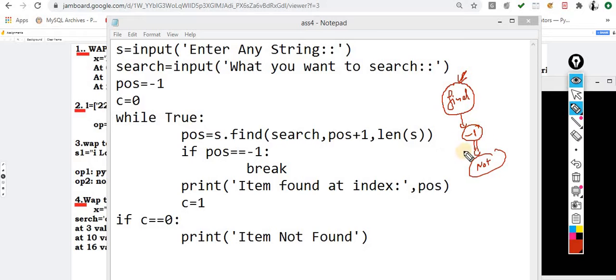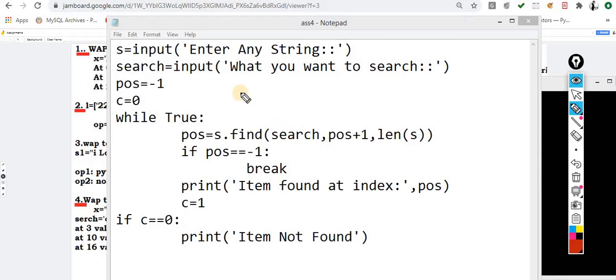Whenever this returns -1, that means the entire process has been completed. We have to break this true loop, and we know this true loop is a continuously working loop. It should be broken out with the help of break or Control C. So whenever I have to print this, I have to implement this break when the -1 is there. The -1 means I searched, but the content is not there. At that time find will return -1. This one is the main idea to understand this concept.